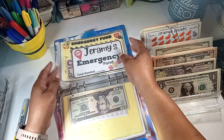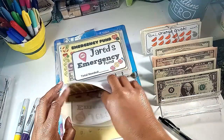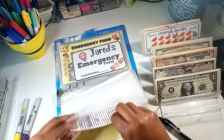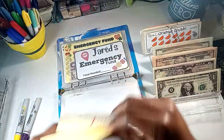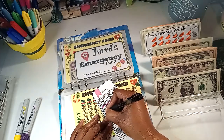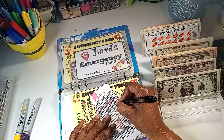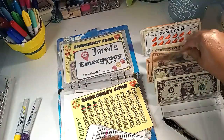All right, Jeremy's emergency is, I'm going to bring this one up to date. He should have 15, well, if I bring it up to date, his sheet is colored to have $15. So I'm going to add $10 to bring this back to 15, so that now I'm back on track with,